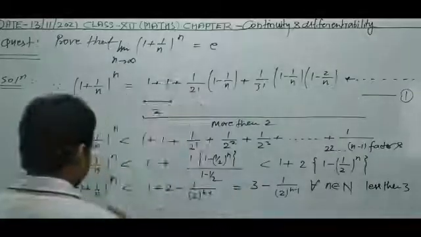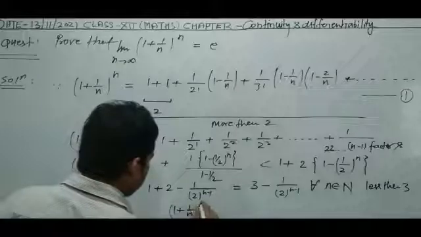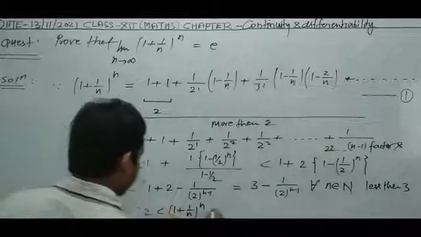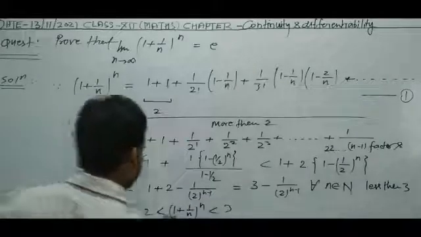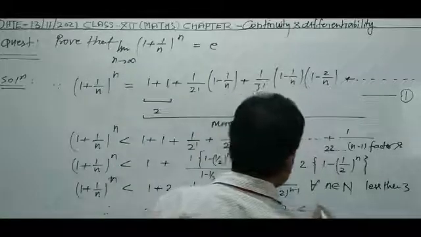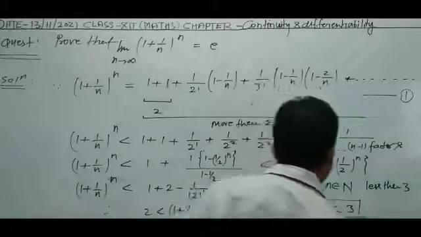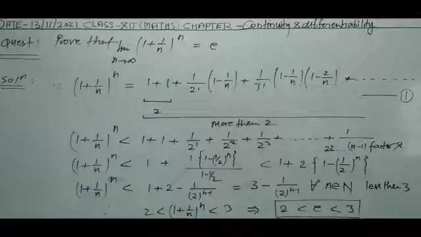Therefore, (1 plus 1 by n) to the power n is more than 2 and less than 3. Its value is lying between 2 and 3. Now you can see